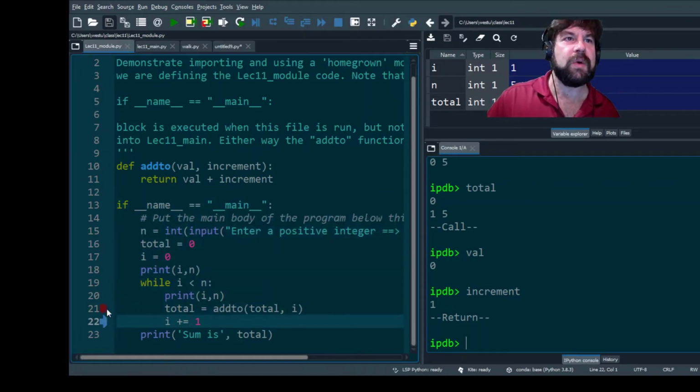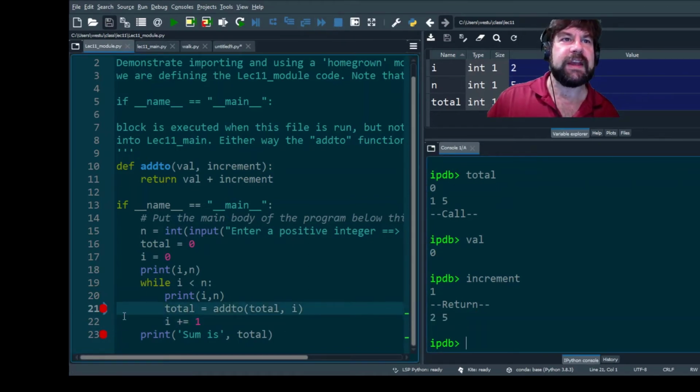So if we know where we have an error or we want to see what's going on at a specific line, we can click over here in the margin and set a breakpoint. I'll set a breakpoint there, and I'll set a breakpoint here. So this will continue to the breakpoint, right? So the next one that comes up is add to total